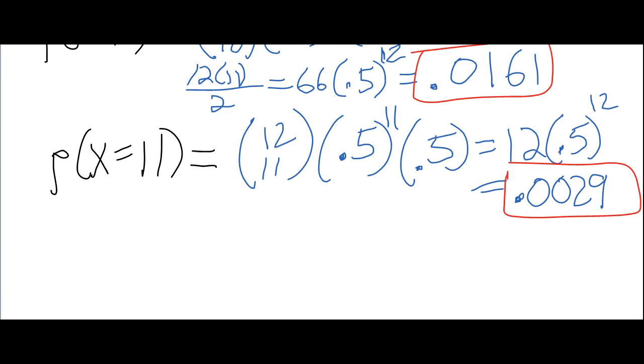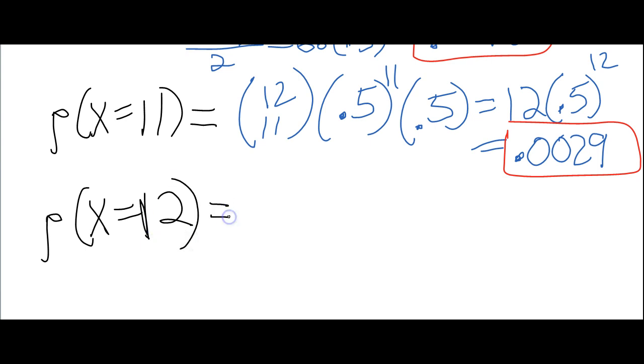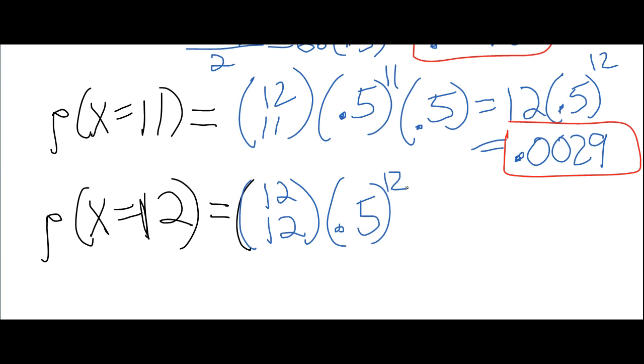And now finally, the probability of all tails. Well, okay. We have 12 choose 12, 0.5 to the 12, 0.5 to the 0, which is just going to be 1. And that's going to just be the same thing as 0.5 to the 12th power. It's going to be very tiny, and it's 0.0002, more or less. Okay,